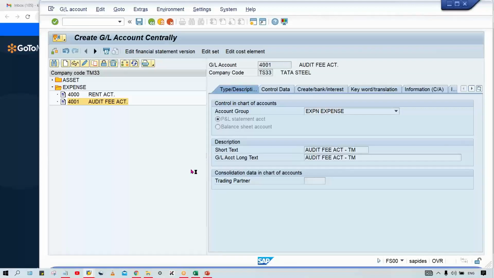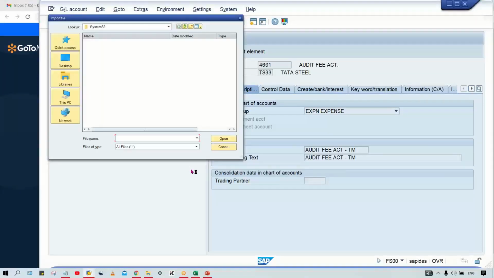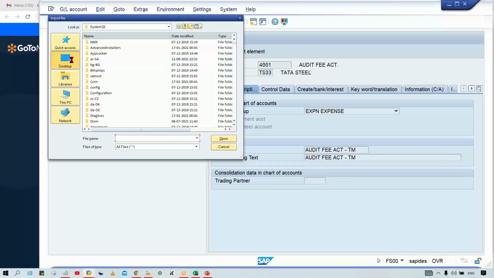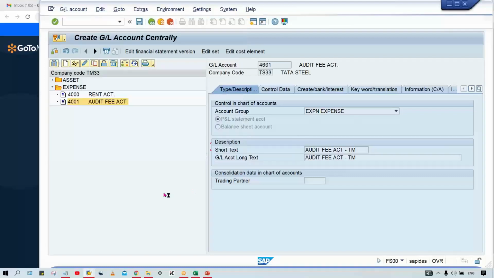So you can create an attachment here, and whatever the email is, they simply drag it from their desktop, and that email is going to be attached. So people can see the attachment, right? Look here, now we have selection criteria. From the desktop, whatever email is there, you can attach it here. Anyway, we are not going to attach anything now. So this is how an attachment is created,